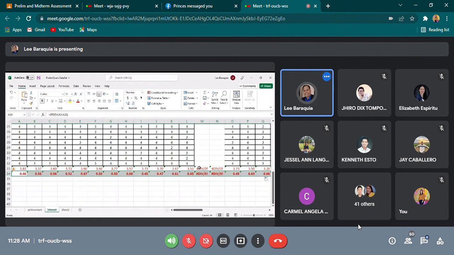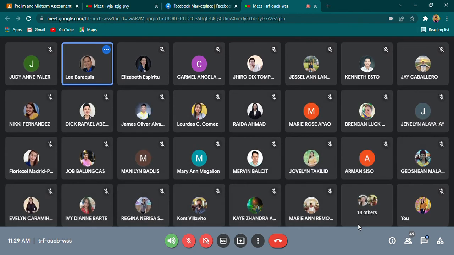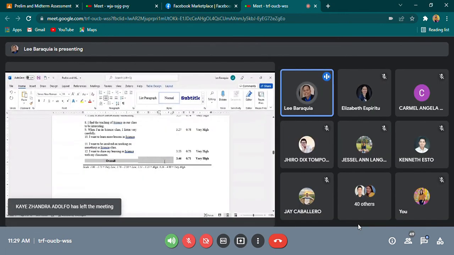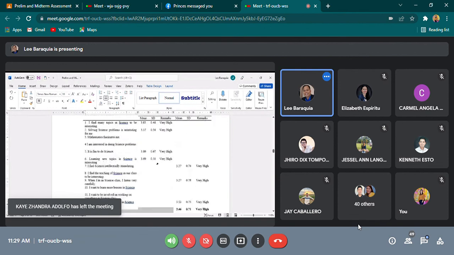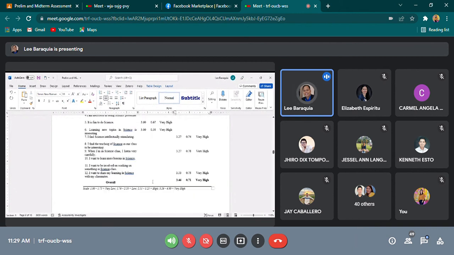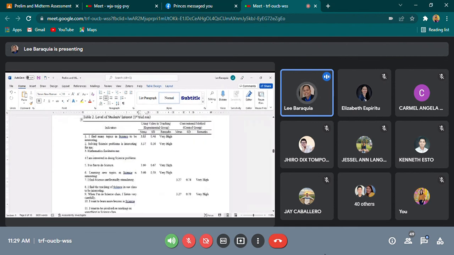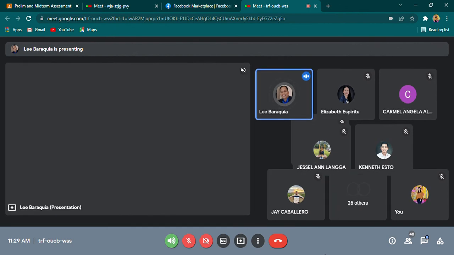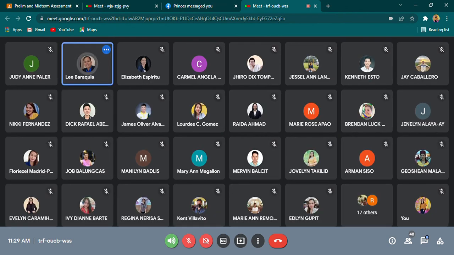Then, ang next na kong buhaton is, if you notice your table number 2, naay average sa last nga side. Okay, balik na ko sa table 2, ha? Word file. Our table number 2 is asking for the overall mean and the overall standard deviation for the experimental group and the control group. So overall mean and overall standard deviation, you just have to compute there the average. The average for the mean here and the average for the standard deviation. So i-compute pa nato na siya, meaning to say, if I'll go back to the Excel